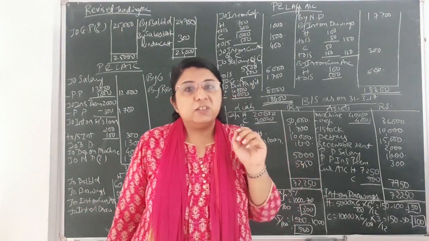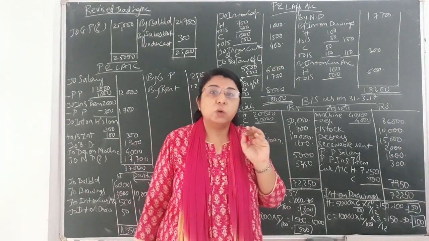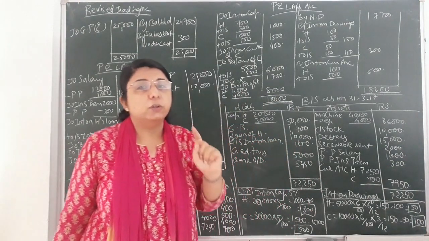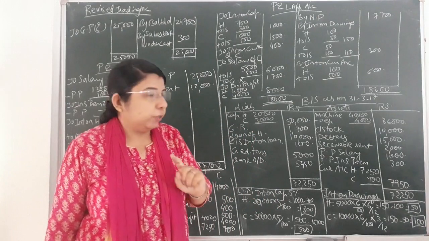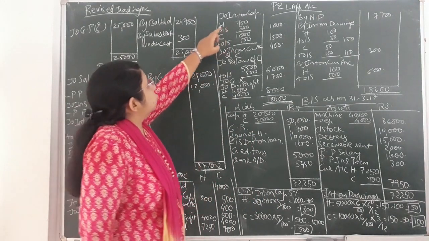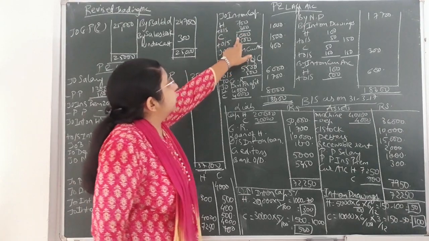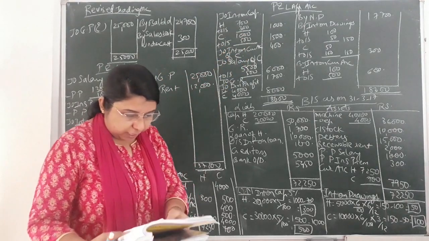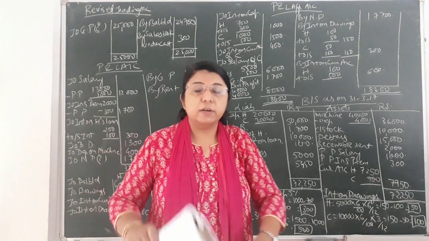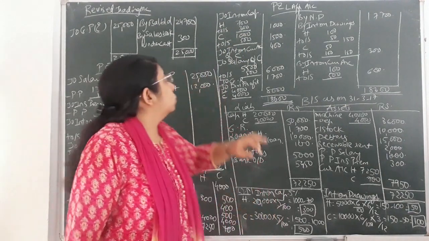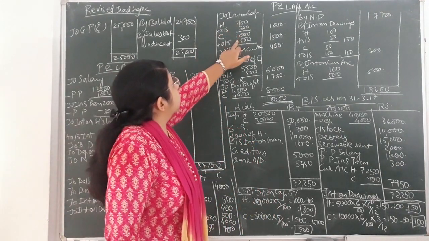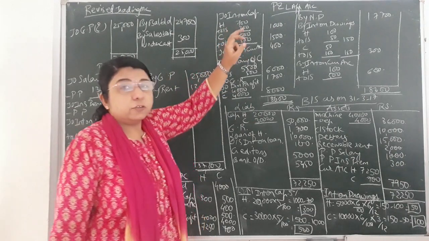So whatever is given in the trial balance will have only one effect, and that would be on the debit side of the P&L appropriation account. So you can see, interest on capital of Harsha I have written 700, and for Chaya I have written 1,000. The same balance has already been given to you, of Harsha 700 and of Chaya 1,000. I have written it in the inner column because there is an adjustment, outstanding interest on capital,